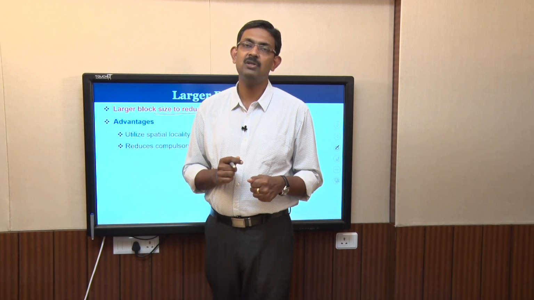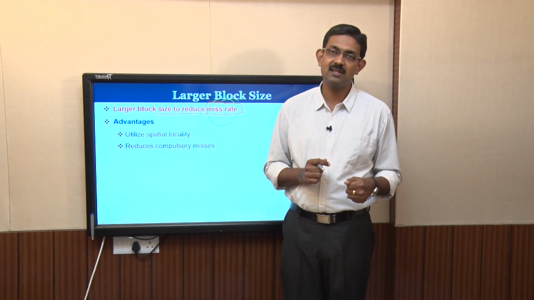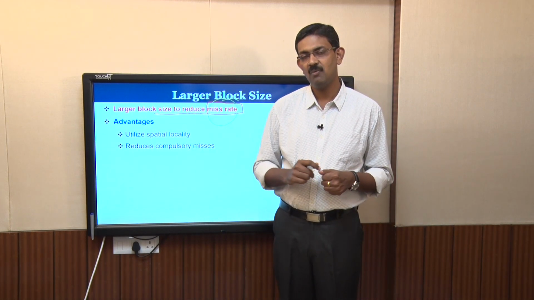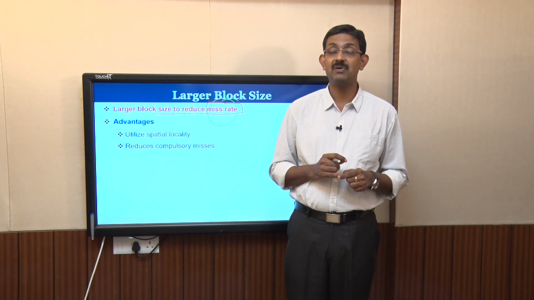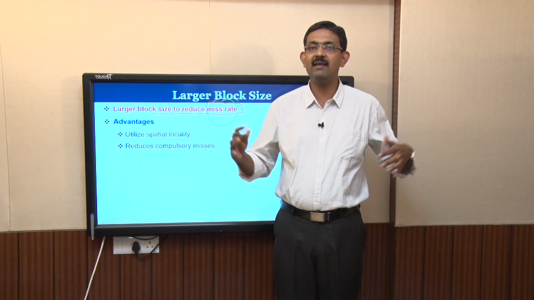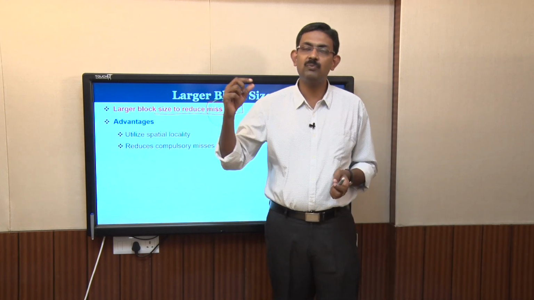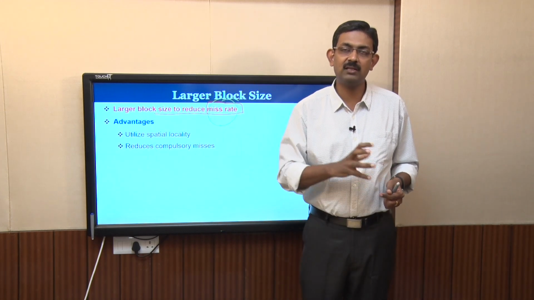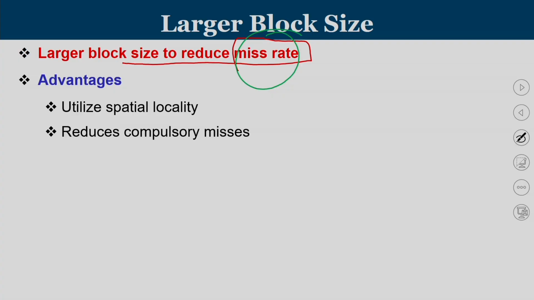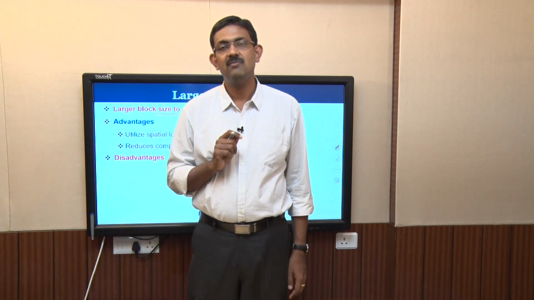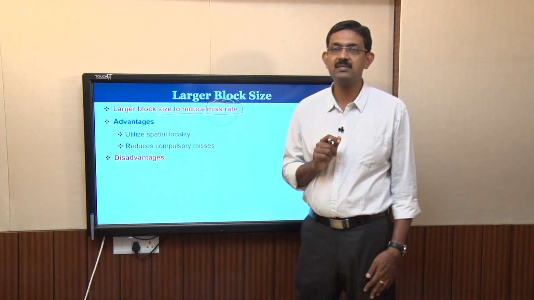Now, how are we able to reduce the compulsory miss in this context? By virtue of the definition of compulsory miss, it's the very first miss that happens on a block. So, when you have a larger block, you are going to miss only at the beginning of a block, and all other subsequent requests are going to be hits. So, when you increase block size, you are able to reduce compulsory misses. Now, I told you that every parameter fine-tuning is automatically going to affect the other parameters. We will see what the drawbacks of increasing block size are.